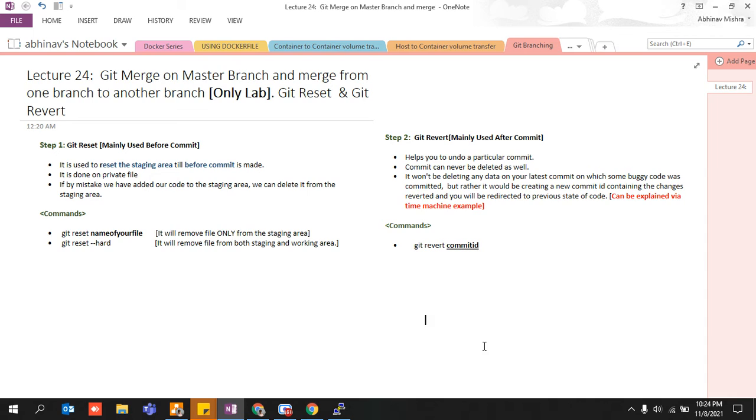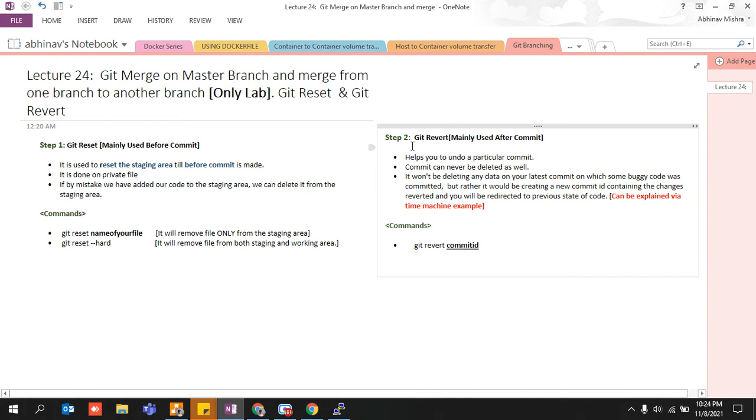Okay, so guys, what is git reset and what is git revert? There is a basic difference between these commands and concepts. You need to understand that we normally use git reset even before we have committed. So this is the first thing that you can put into your mind so that you do not forget: reset means before commit and revert means after commit, right?